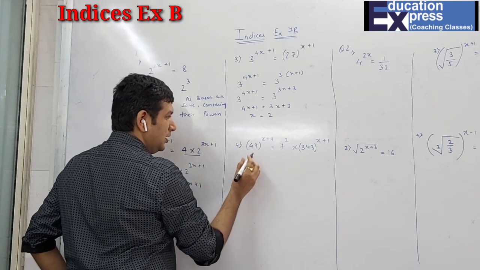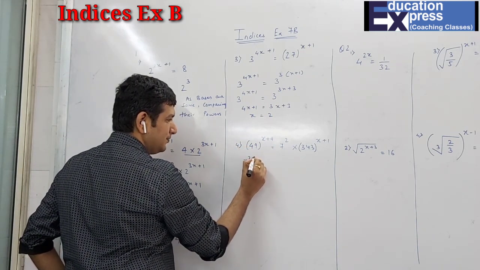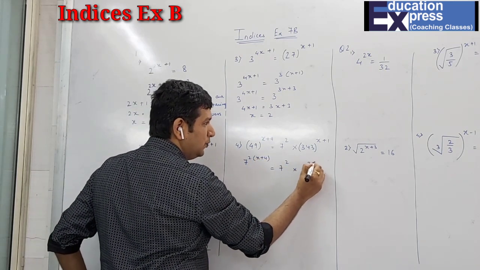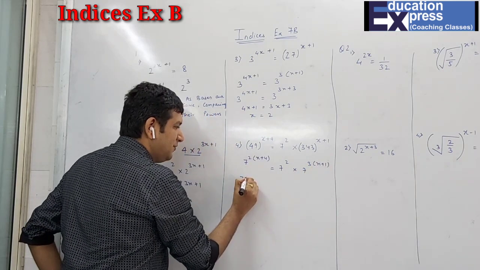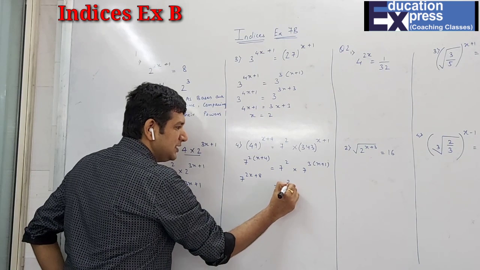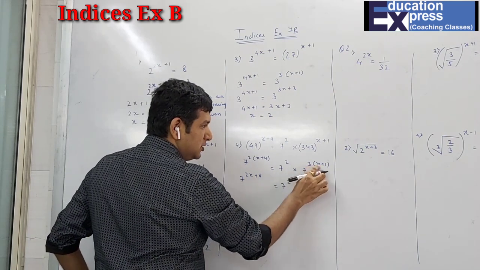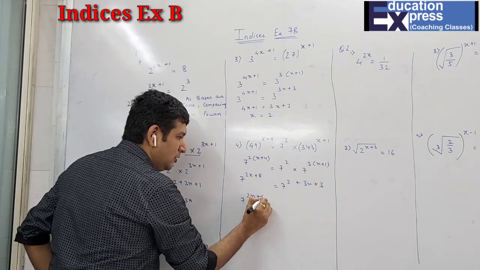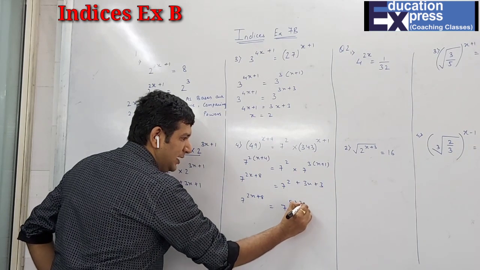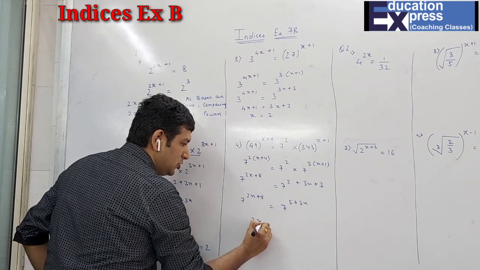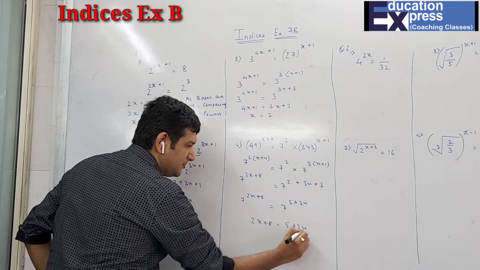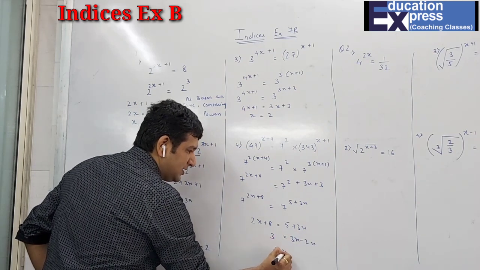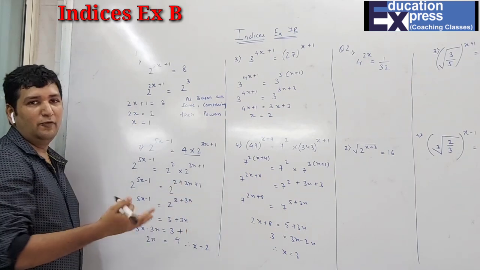Now here again the same thing, 7 square, and outside there is x plus 4. Here 7 square plus 7 cube x plus 1. So this is 7 raised to 2x plus 8, bases are same, students, over here. So this will be 3x plus 3. Again the bases are same, but first of all I'll simplify over here on the RHS. There will be 5 plus 3x. Bases are same, comparing their powers. 2x plus 8 equals 5 plus 3x. 3x minus 2x equals 8 minus 5 is 3. Therefore, x is 3. So students, you can see all of them were exactly same.